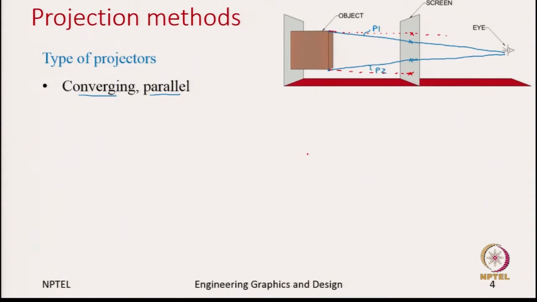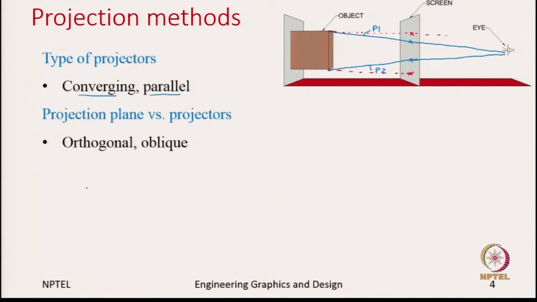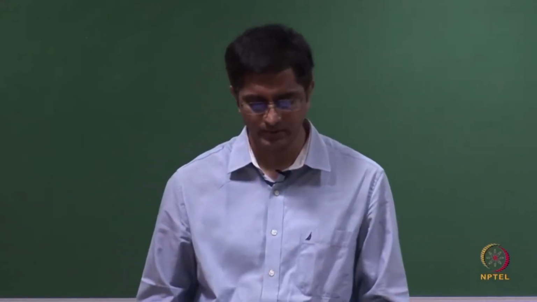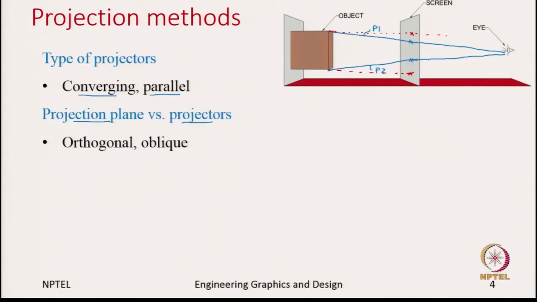Now, let us look at a different category. Here we are looking at the projection plane versus the projectors. In other words, we are looking at what angle this projector makes when it intersects with the projection plane. In these blue lines, what angles do they make? Do they make 90 degrees to the projection plane? As you can imagine, they do not make 90-degree intersections; instead they make other than 90 degrees, which we call oblique